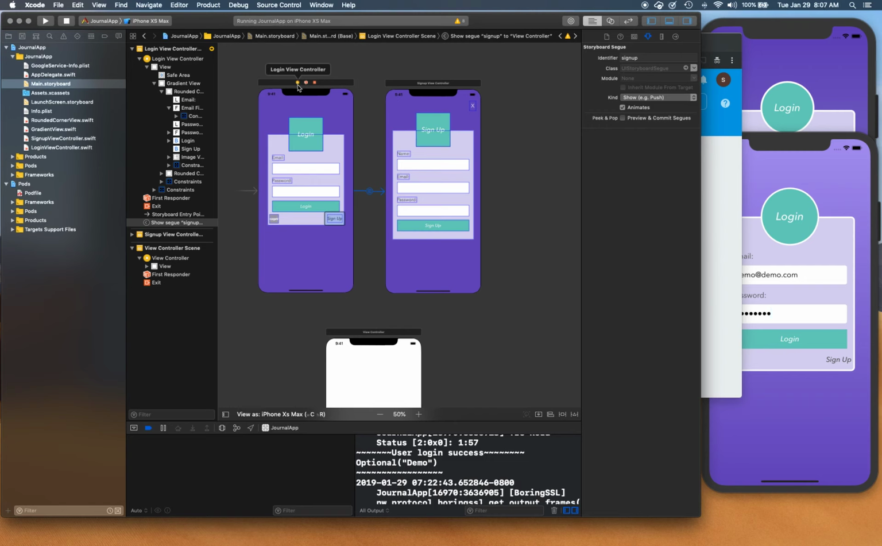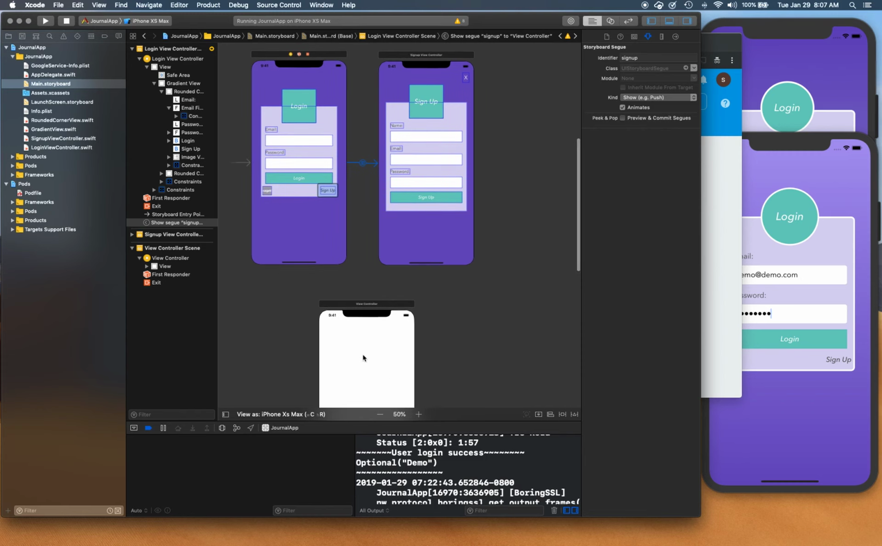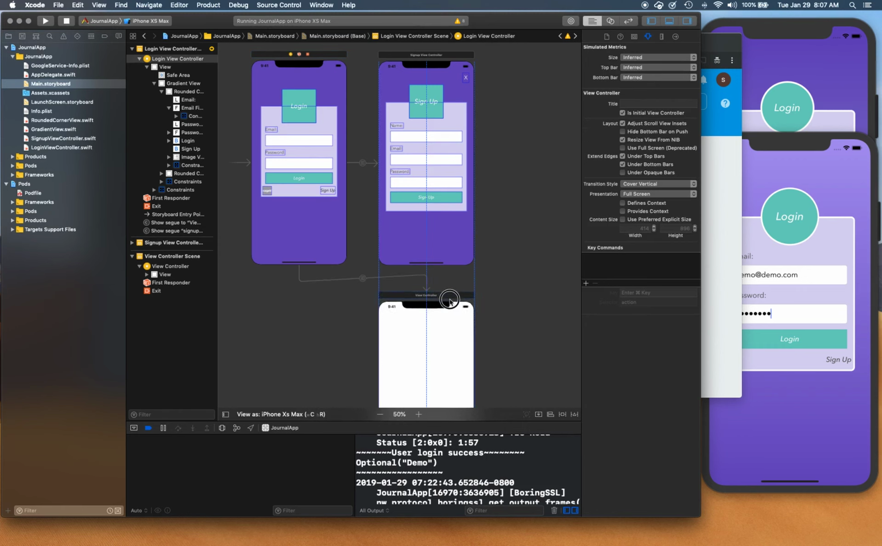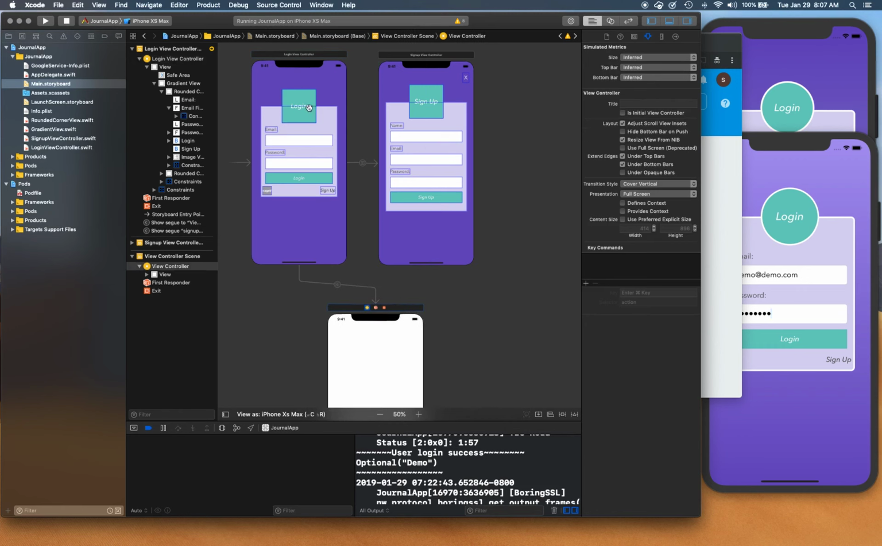So you're going to zoom out enough so you can see your target view controller and the view controller from where you're going to navigate. You're simply going to select this yellow bar, hold the control key, and then drag and drop it on top of the target view controller. And for the segue, select show. Now, what this is going to do is